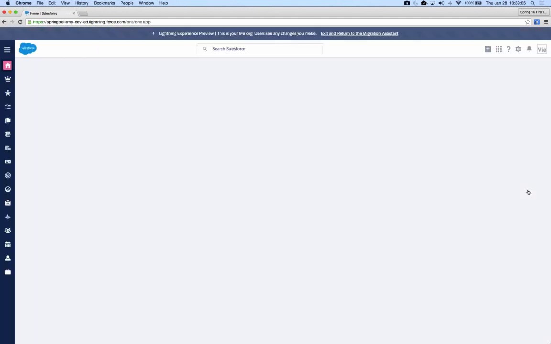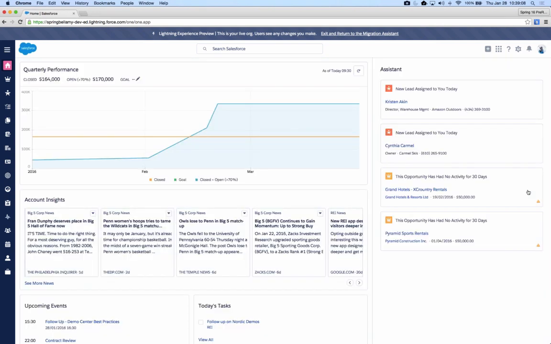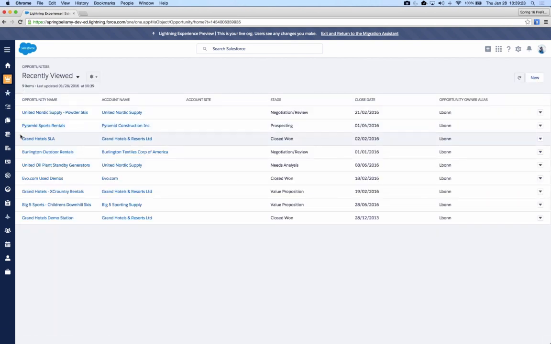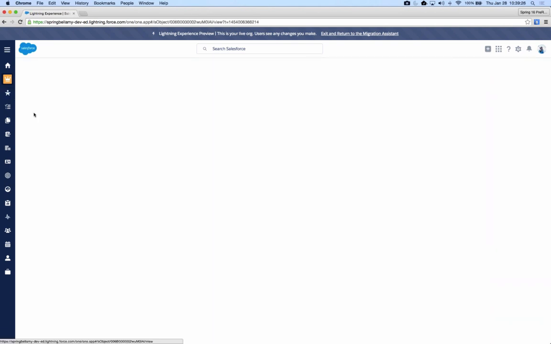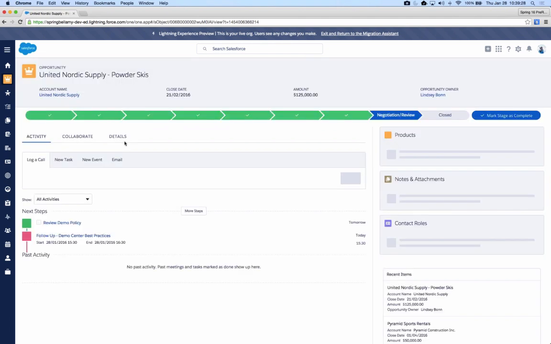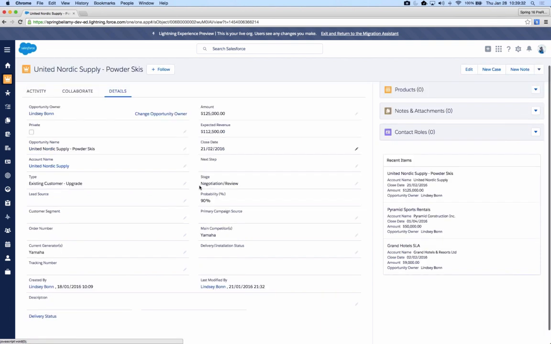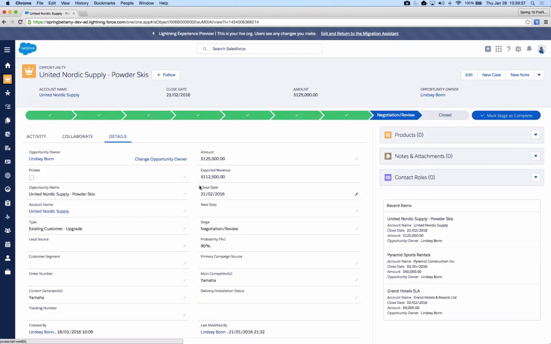Maybe you have sandbox or developer environments with Lightning enabled, so you are comfortable with Lightning and have had a chance to click around. What this new feature in Classic Setup gives you the ability to do is look at your existing production org, your metadata, your data in Lightning, and see what that will look like. So if you're managing an org that has a lot of customizations, maybe a lot of custom fields and page layouts, and you want to take a look at, say, what your page layout would look like in Lightning, what it looks like as you bring over those custom fields, what those custom objects look like, you can do that now with this preview.